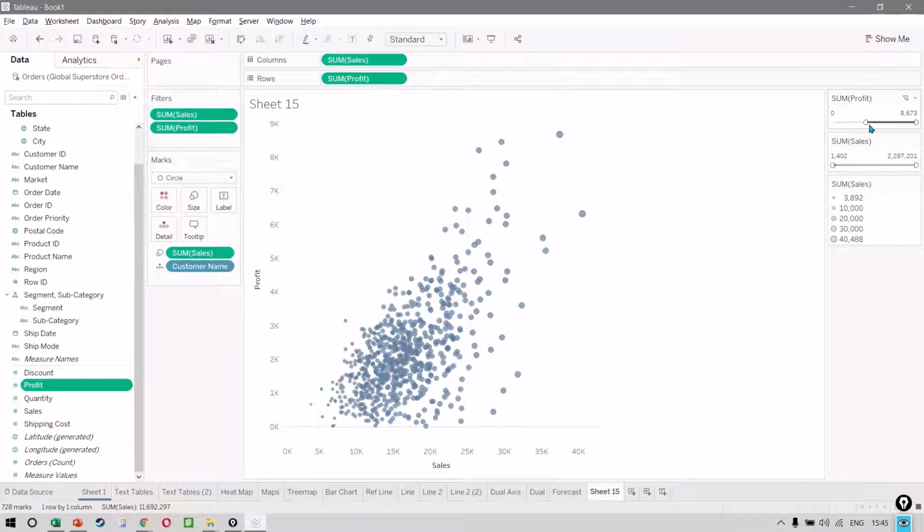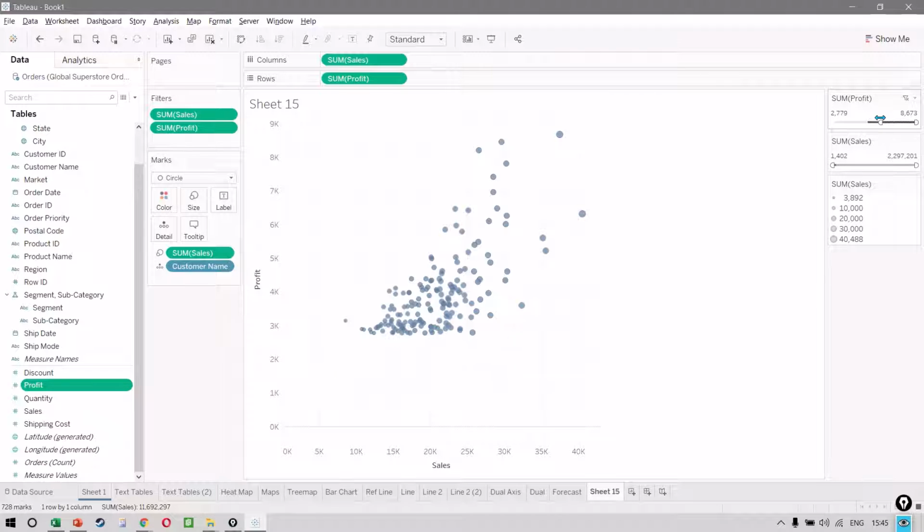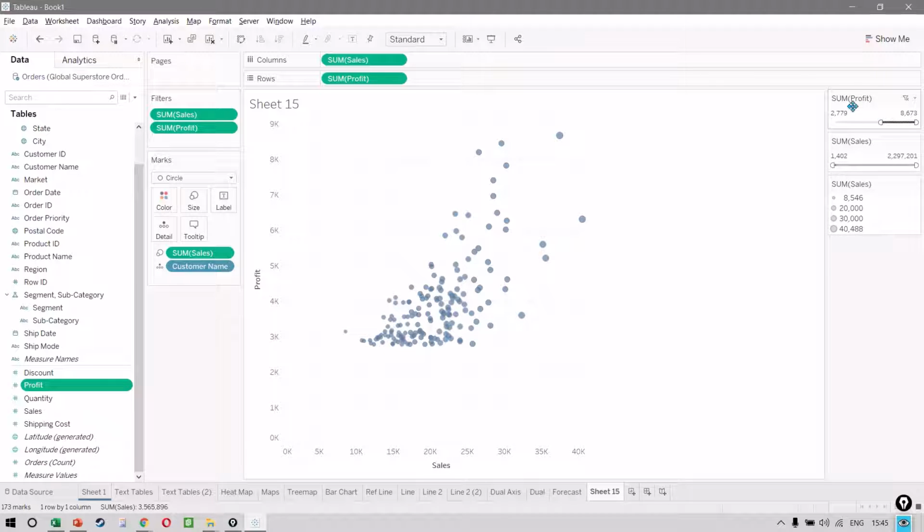And if I keep on increasing my profit threshold, you notice that it is eliminating the customers who are below that certain mark. For example, if I say that I only want to see the customers over 5,000 as profit, there are only these customers. Let's go back to where we were.